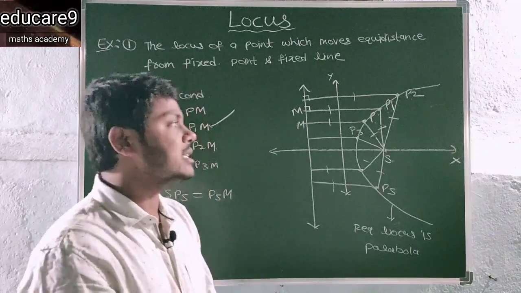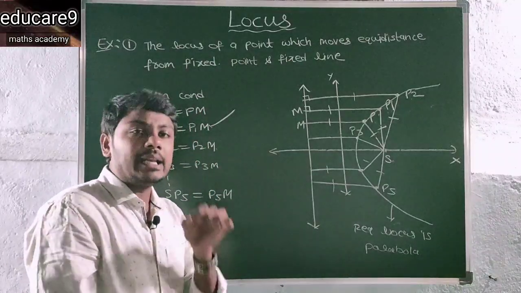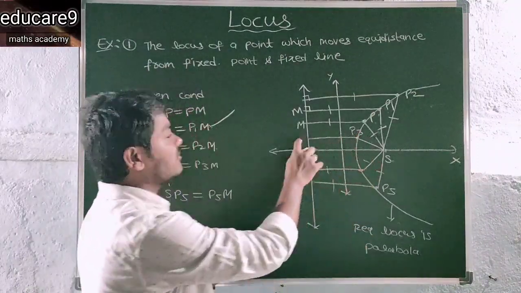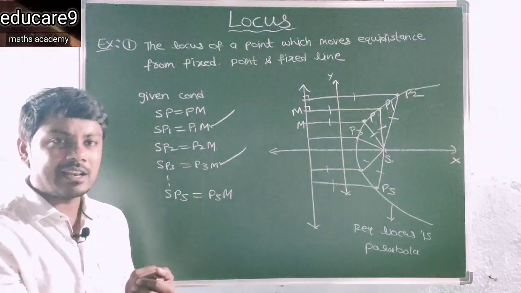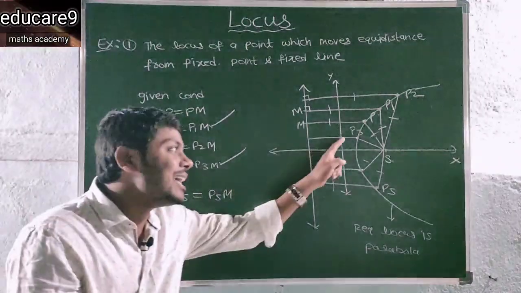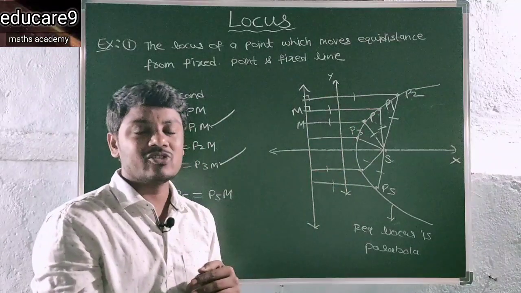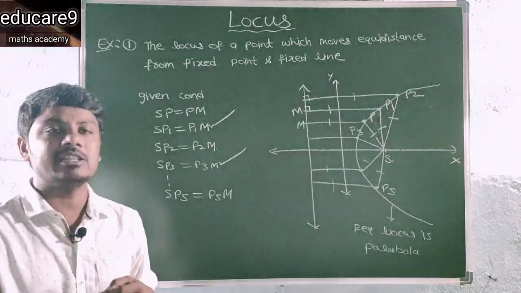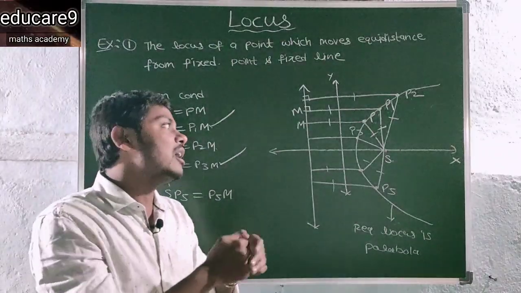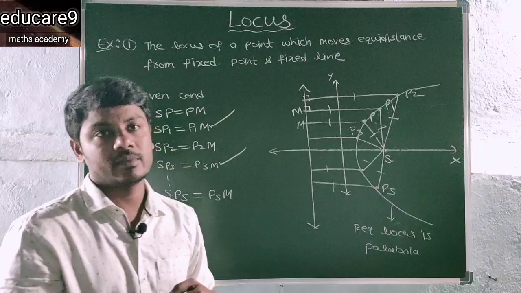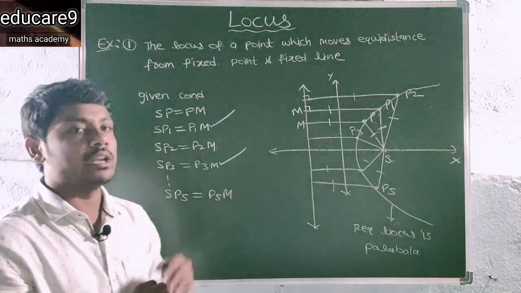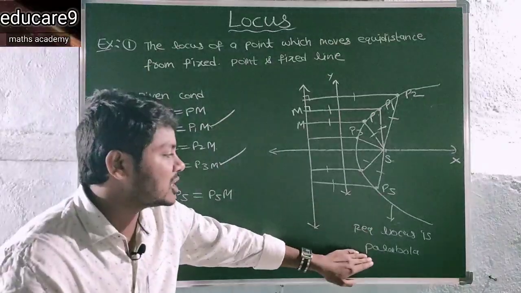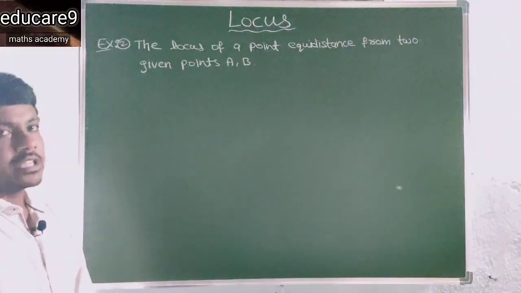And the second point is every point that satisfies the given geometrical condition. So for example, P3 satisfies the given geometrical condition, then that point lies on the locus. So therefore every point that satisfies the given geometrical condition lies on the locus. Okay. So clearly it satisfies the two conditions. Therefore, it is a locus, and your required locus is what? Parabola.